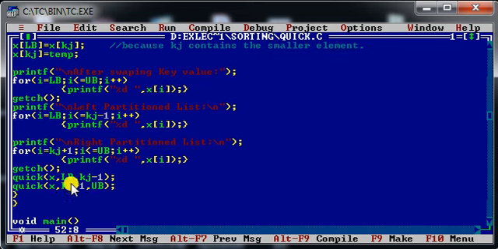As you can see over here, I am dividing my entire array into two parts, that is from lower bound to kj minus 1 and from kj plus 1 to upper bound, because the kjth element has been placed in its proper place. So it is not at all required to be considered in any of the partitions, right? So that is why I am not considering the kjth element. I am considering the kj minus 1 element and the kj plus 1 element. Fine.